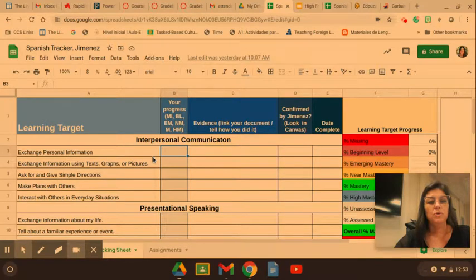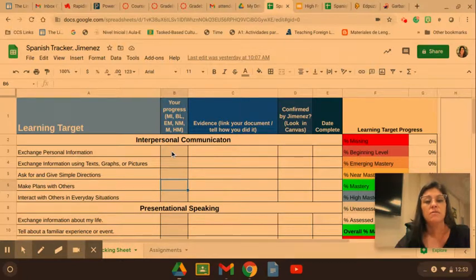So when you complete an assignment on Canvas, you will write down the evidence here, either the name of the assignment or a link of the assignment. I will confirm, and you write the date and the grade that you get for that assignment. And here is how you will track